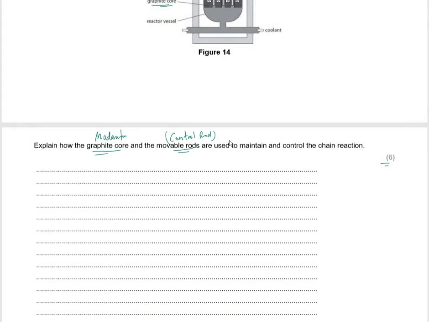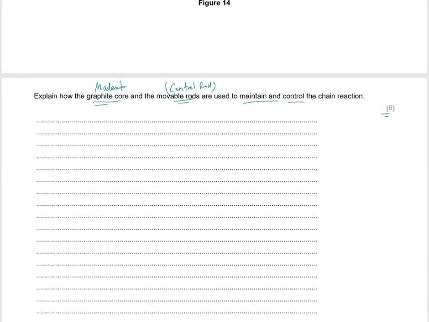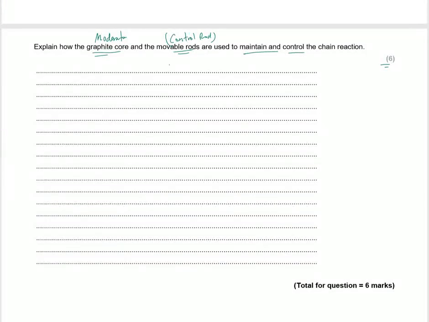Okay, 6 marks. How do they maintain and control? Right, so let's talk about this. I'll do it as a table, as you can see. So put moderator here and control rod. Now the moderator, what does it do? The moderator slows down the fast